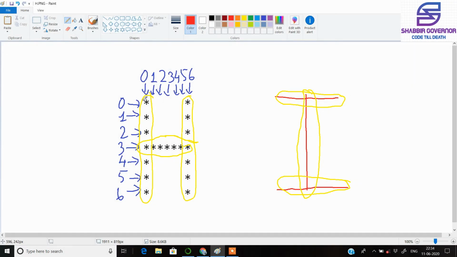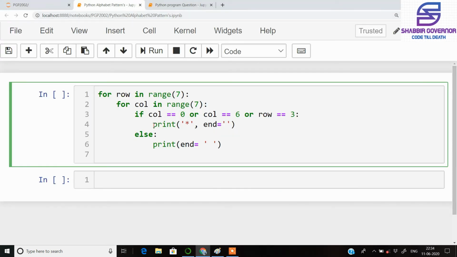Now after the first line is printed, like first it prints the star, then it prints spaces, and then it again prints a star. After the first row is printed, the cursor needs to go from the first row to the next row, and this should continue until the last row is reached for printing inside the for loop. This is done using an empty print command. So for that we write an empty print here. This will force the cursor to go down after the first line is printed. So this is it for printing the H.